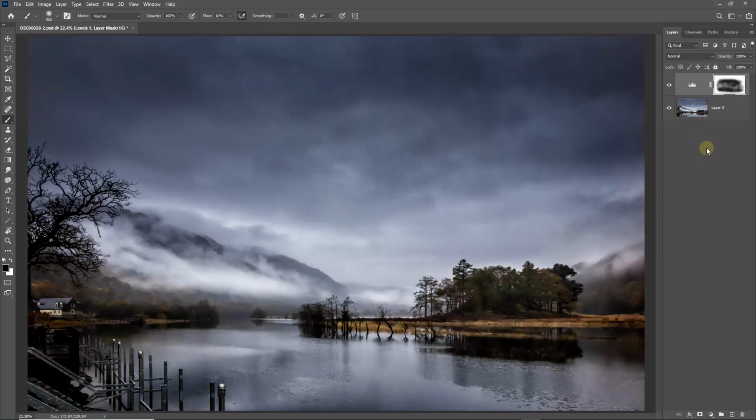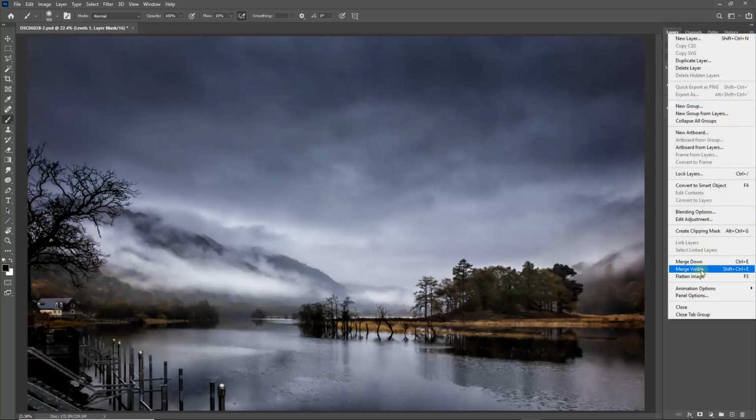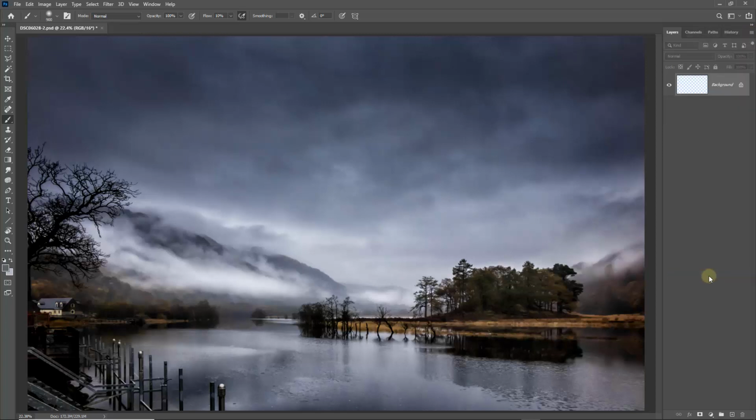So there's one other thing I'd like to do, which is to add a bit of colour in strategic locations. It goes without saying that we should be saving this work regularly and often. But again, I'm happy to merge them or flatten the image. It doesn't matter which. I'm going to go to my toolbox, pick up my sponge tool. Make sure I've got it set to saturate and a flow of about 10%, because what I'd like to do